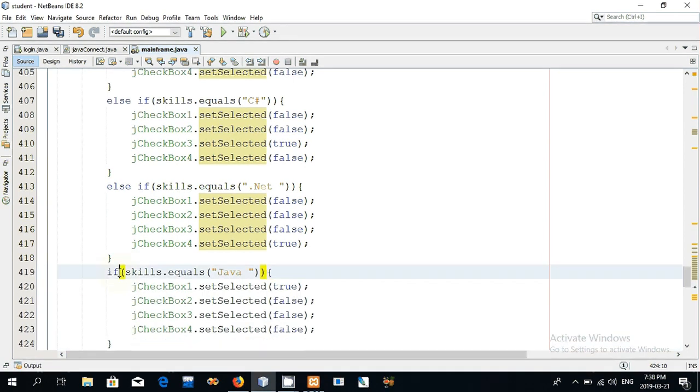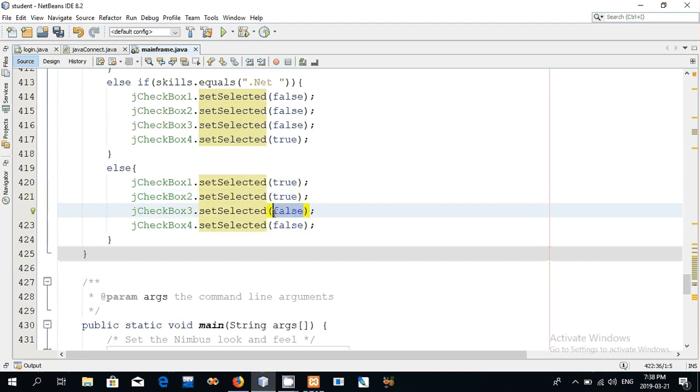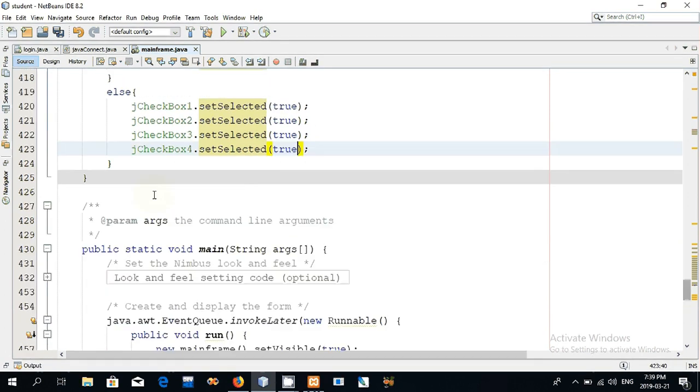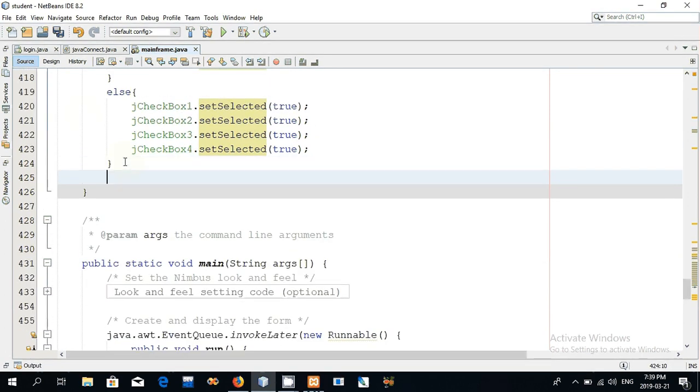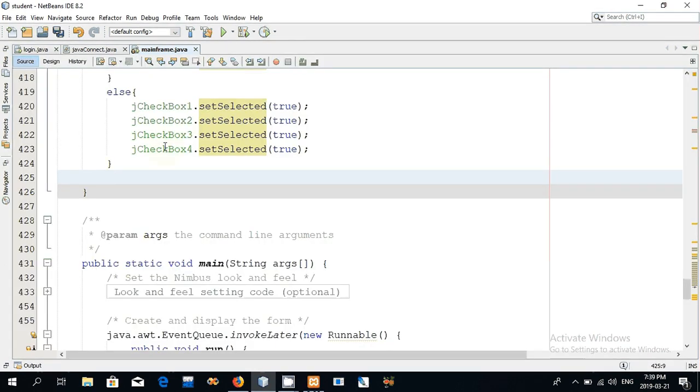okay, here we don't need to check, here we can write else directly, and all becomes true. All becomes true. Okay, this is done for the skill. After that, what do we have? J combo box, that is faculty. So for that,